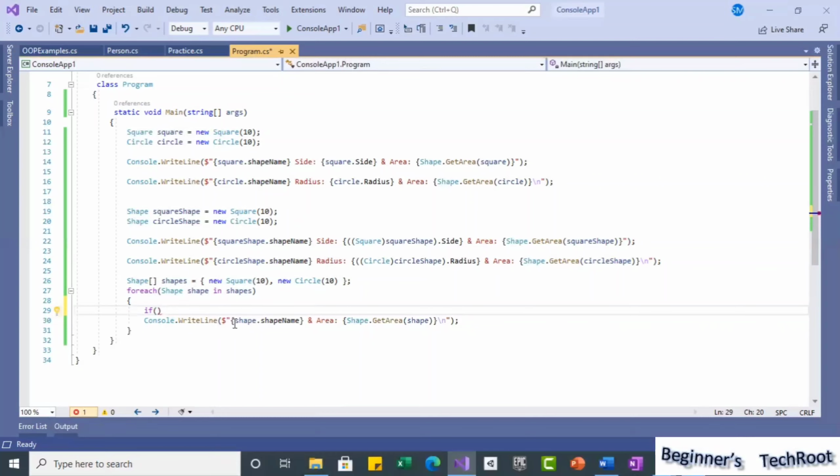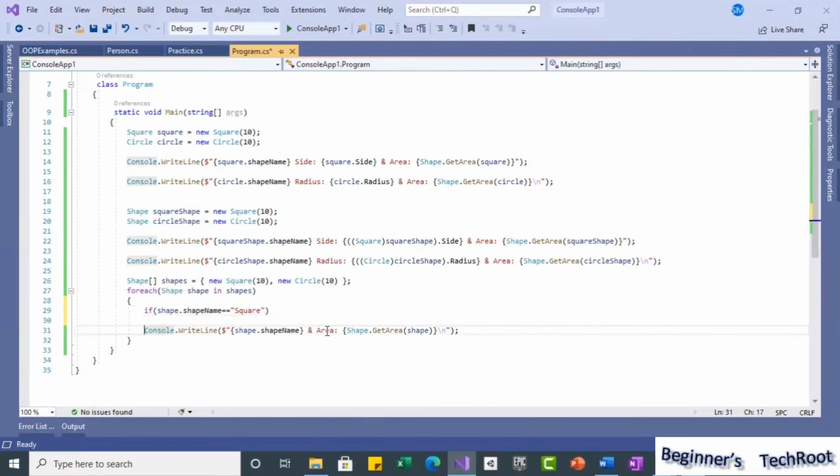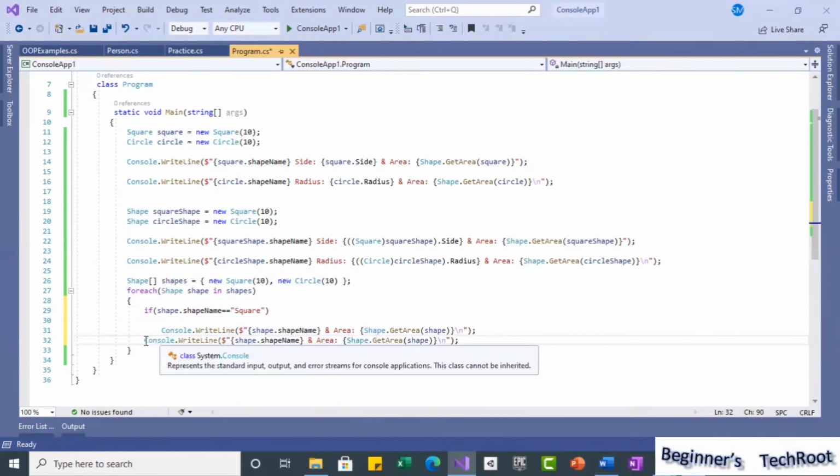You can use shape.shapeName. If shape.shapeName equals, you are going to hard code here, "square", like this. So if this is the case, then it is a square. If it is not a square, then you can have multiple switch or if else statements.